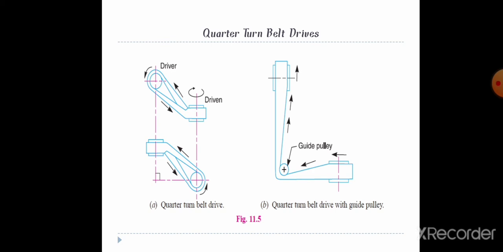In order to avoid the belt leaving the pulley or slipping over the pulley, the width of the face of the pulley should be greater than 1.4 times the width of the belt. If the width of the belt is B, then the width of the face of the pulley should be greater than or equal to 1.4 B. In this case, the pulley cannot be arranged in reverse motion if reverse motion is desired. When it is desired to transmit the motion from one shaft to several shafts, all are arranged in parallel direction.